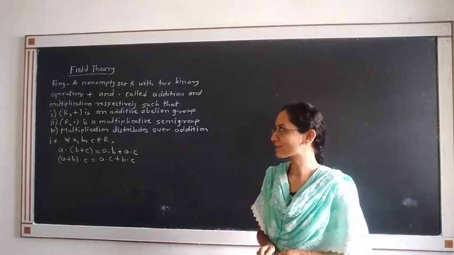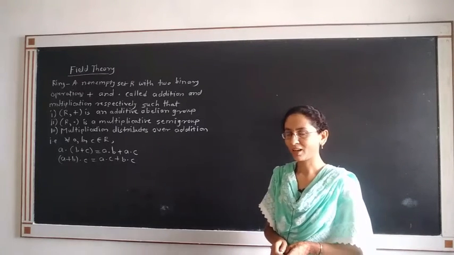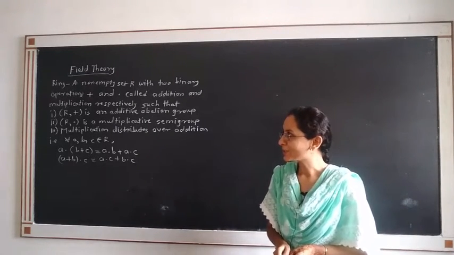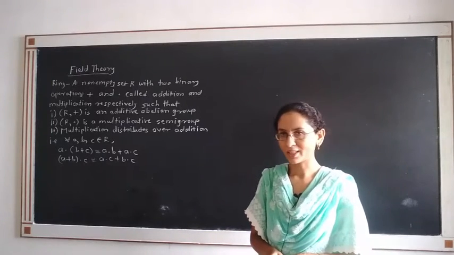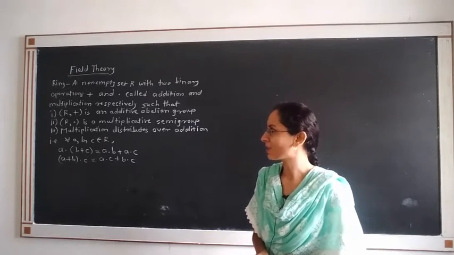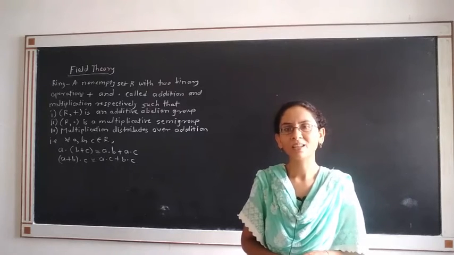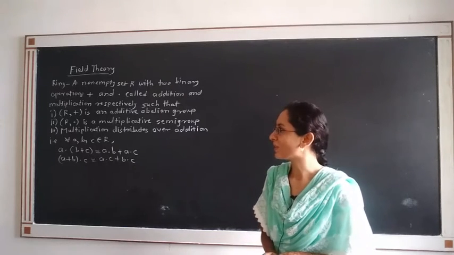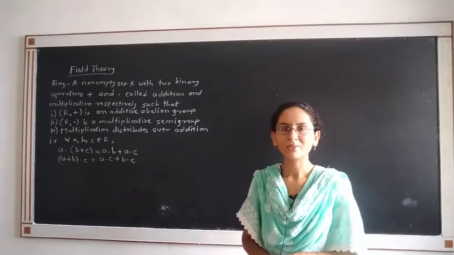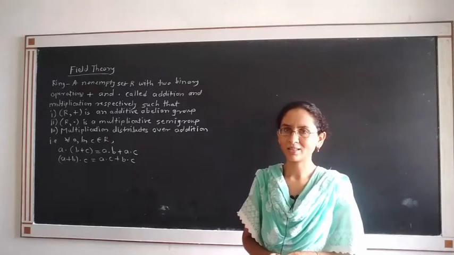First, R is closed under addition. Second, the associative operation is followed in set R with respect to addition. Third, the additive identity exists in set R. And last, additive inverses of elements of R exist in R only.